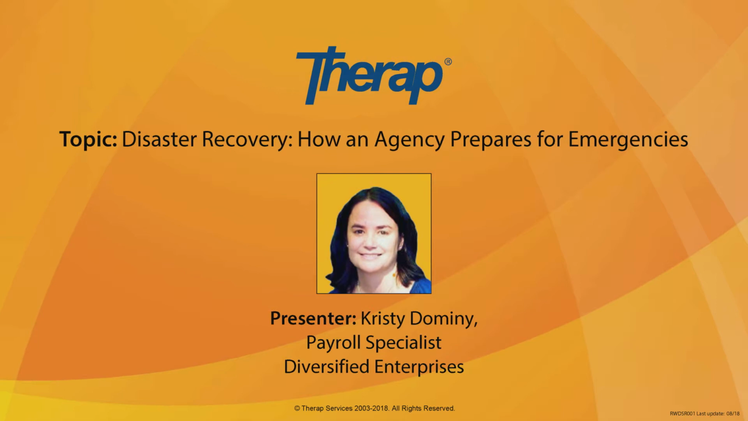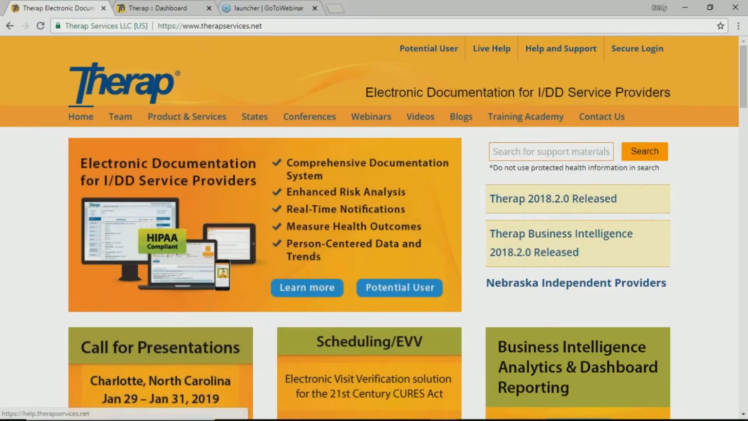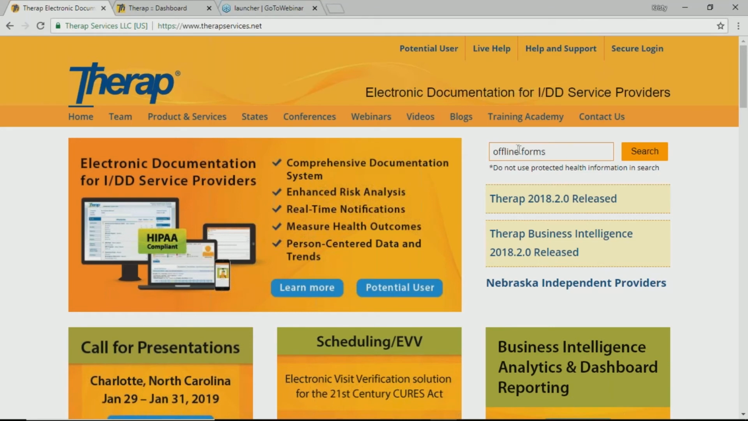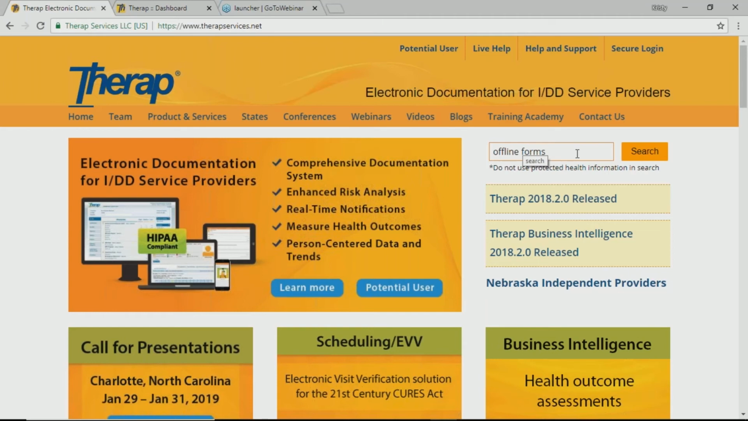And today we're going to go over a few things that have to do with emergency preparedness. The first thing that I would like to show you is on the website, and that is your offline forms. These are forms that you can print off if you need to have a backup copy of something in the homes. If the region that you live in is prone to power outages or the internet going down, offline forms are a good way to have a backup in the houses. So if you'll type in the search bar offline forms,